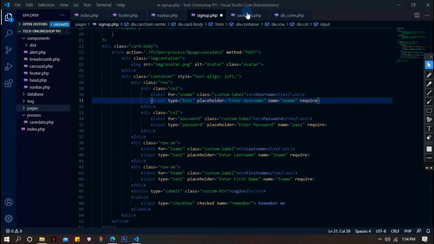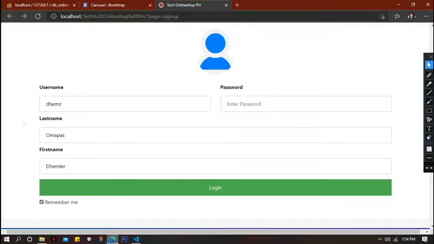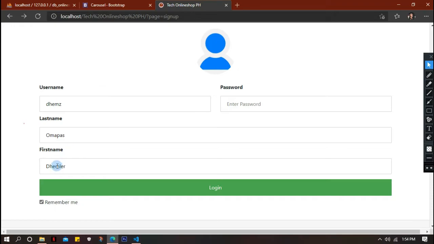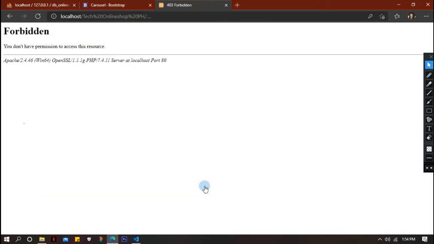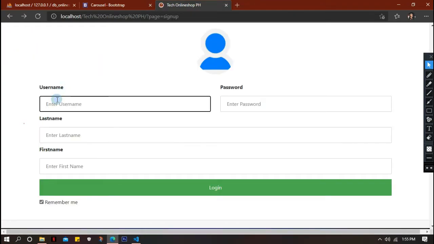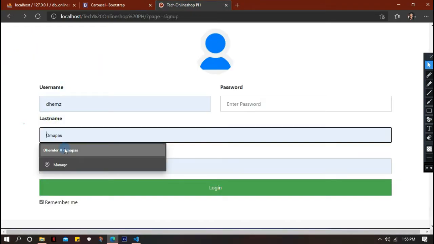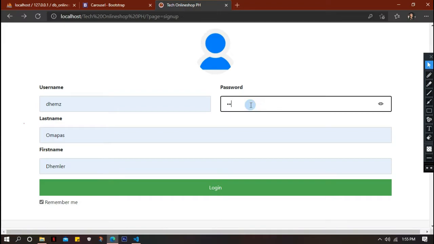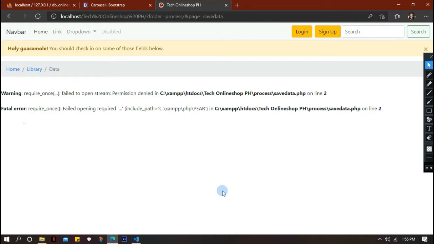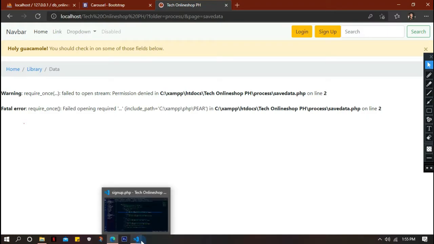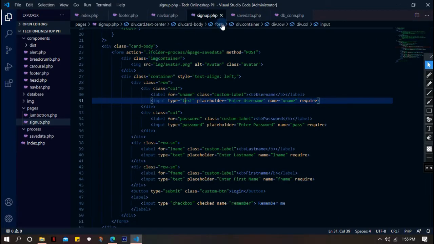So here, this is our... if we are going back in our... so we have an error here, so we are going to refresh and type again. So nothing's happened. We are going to fix our